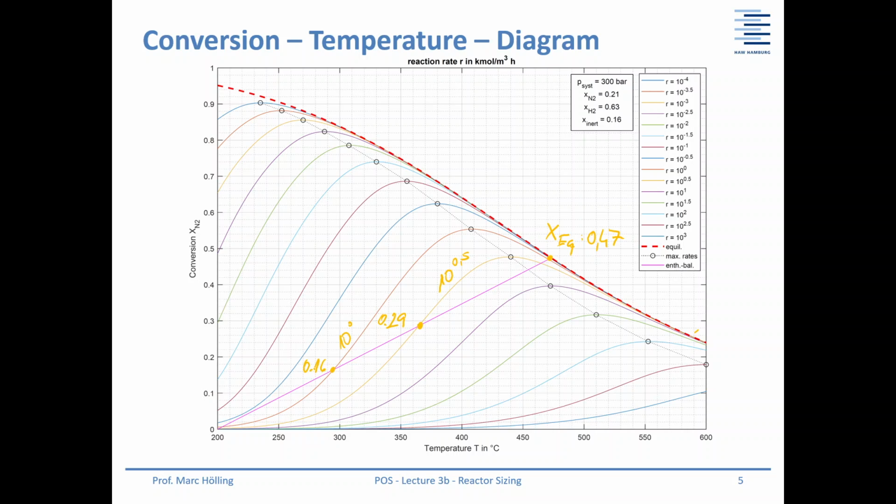And I can also go here. Here I can see my x is 0.44. And how to guess the reaction rate here? We are somewhere in the middle between 10 to the power of 0.5 and 10 to the power of 1. So this might be a reaction rate of 10 to the power of 0.75. Okay, and you can do this